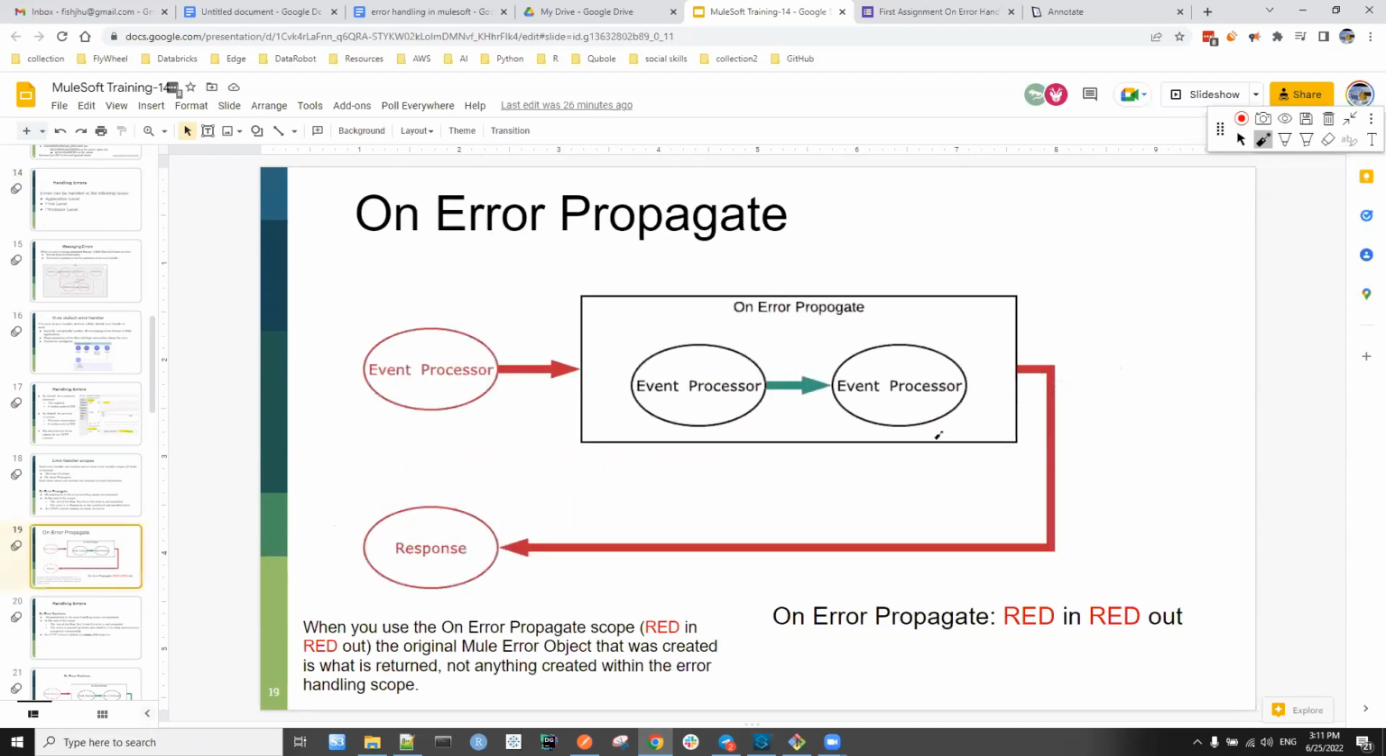The other thing also we discussed yesterday, on the error handler, we can add 1 or more error handling scopes, which are on error propagate and on error continue. And we saw what each one of them are. On error propagate, it just propagates: the error comes in and the error gets out. But every processor in this scope gets executed, we said, and the response is an error. Whereas with error continue,